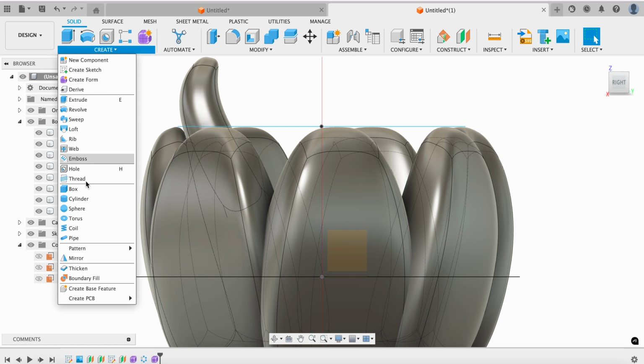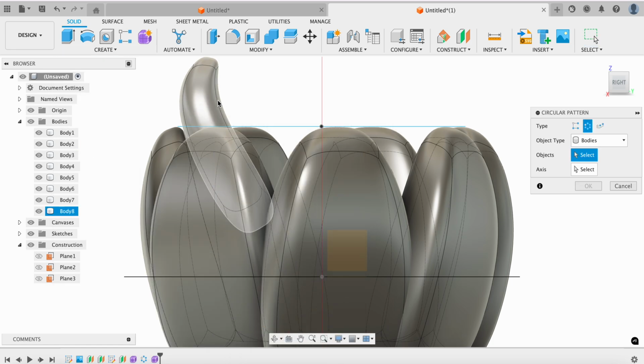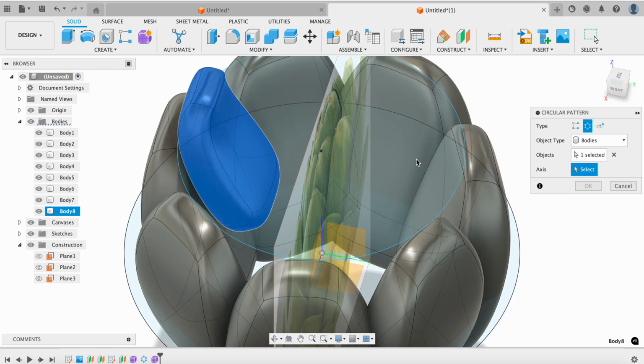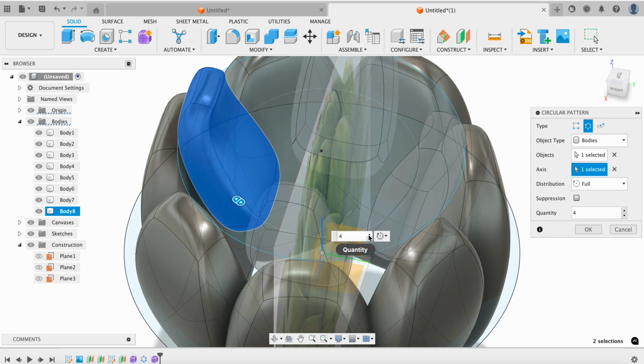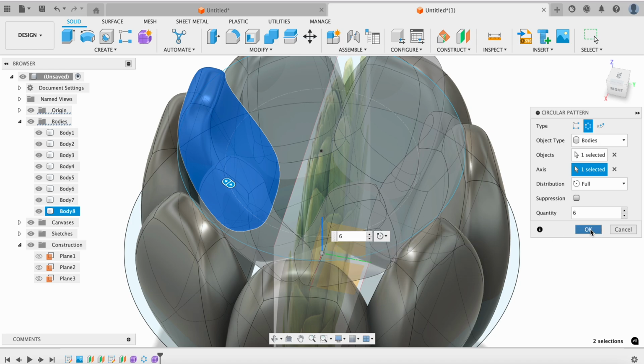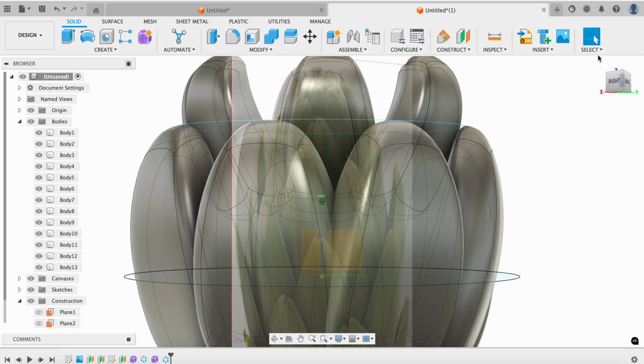And then you go into your circular pattern. You have your object. It just wants the axes, the thing it's going to rotate around. That's the blue one right here. And then you just tell it how many of these instances there are. It's just math. So you do that, and all of a sudden you're starting to get a pretty decent artichoke,